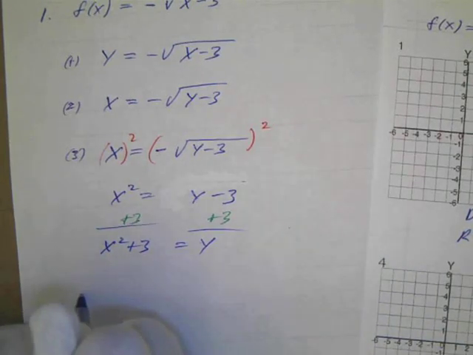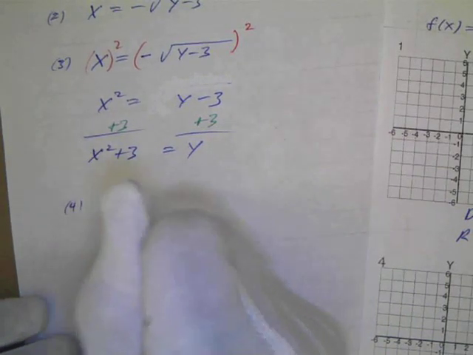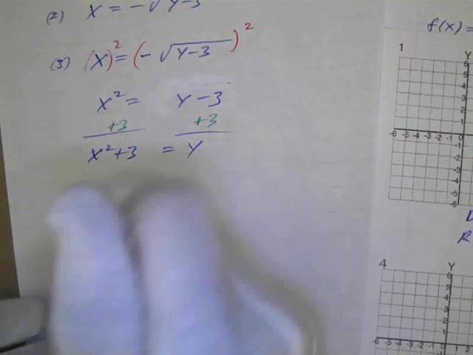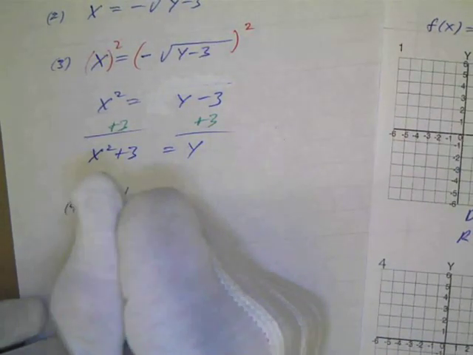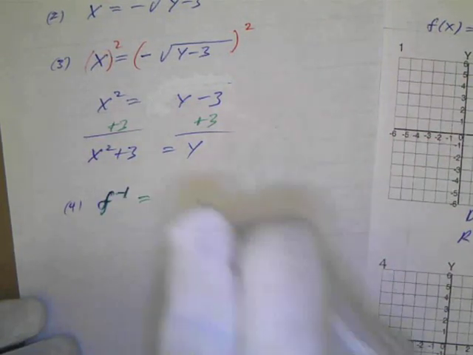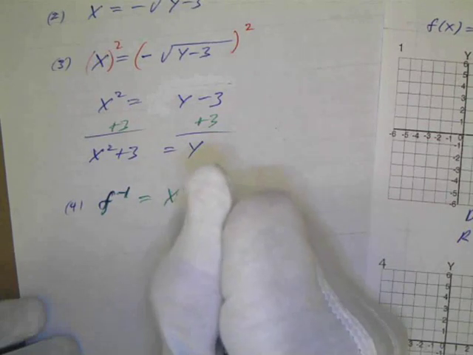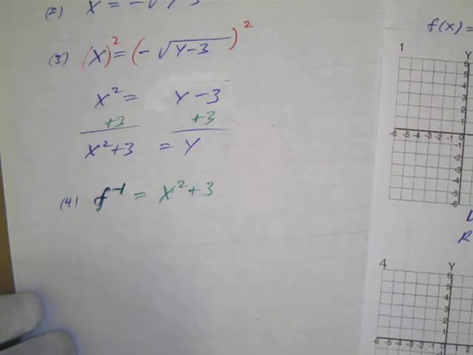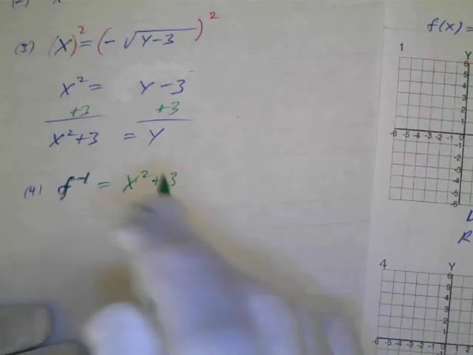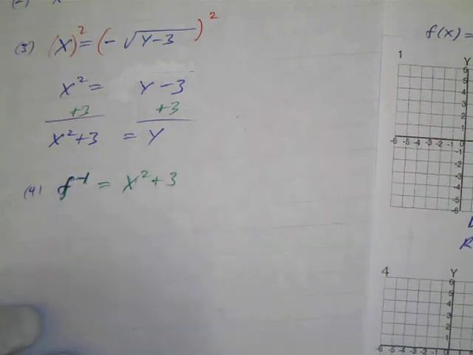And my fourth step is I call that f inverse of x. So f inverse of x equals x squared plus 3. All right? The only problem is if we start with a one-to-one function, we take its inverse, we should have a one-to-one function. So if I look at this over here and I graph this,